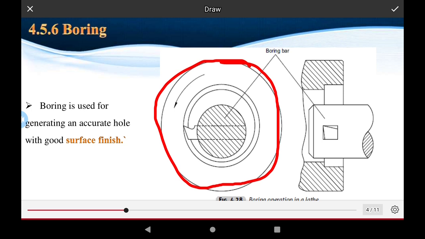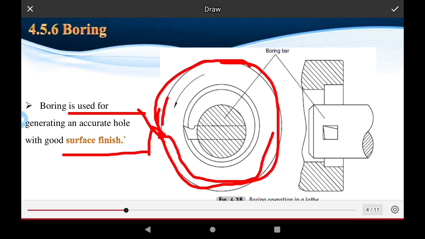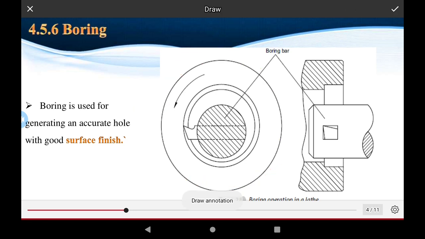The second operation is where the tool is fixed. Suppose we consider the external turning operation, and this is the tool. The tool performs work at this point. The cut is provided and the feed rate is also fixed. The work rotates, and the feed rate is fixed with the help of the CNC machine's computer program. The tool performs work on the surface, the external surface of the workpiece,